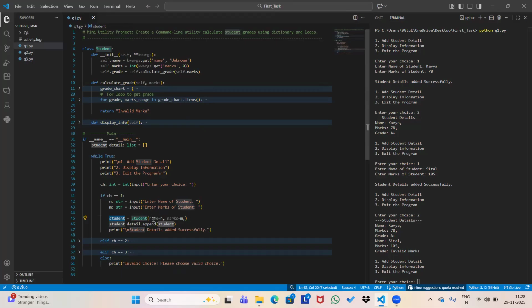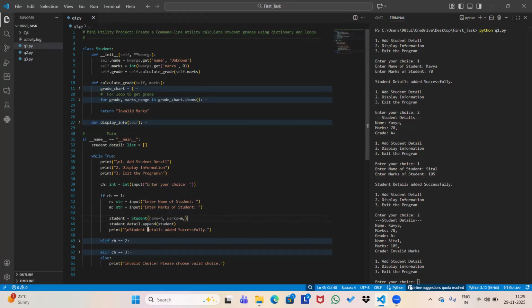That means key and value. So name is my key and n, which the user will provide, will be my value, and marks is my key, and m is whatever the user will provide me. You can write name=name and marks=marks also. That means name, then assignment operator, name, marks, and assignment operator, marks. It can be like that, but I'm not using it that way. So within parentheses we pass name and marks with their values, and by writing all these things we can call the constructor. And which constructor? This is my constructor, so I will call this constructor,